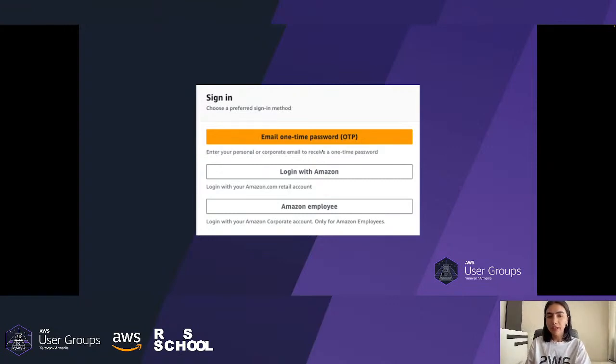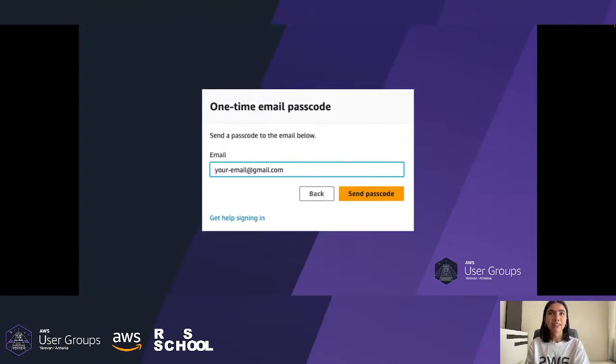If you don't have any issues with finding the link, okay. So I can see the link is right here. Even better, just use that link. Choose the one-time password option.